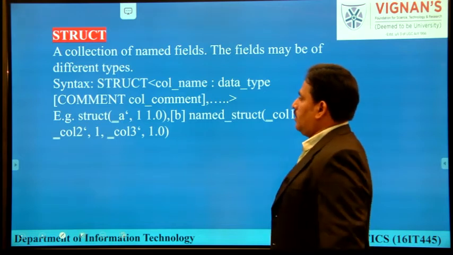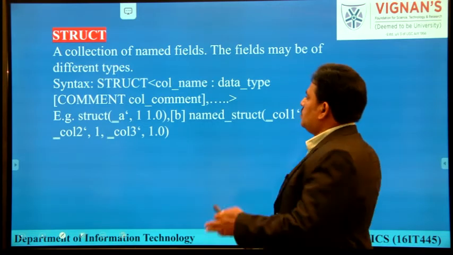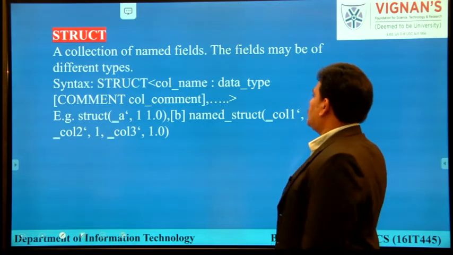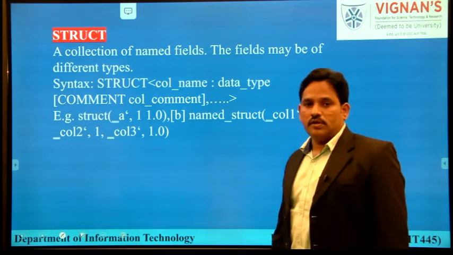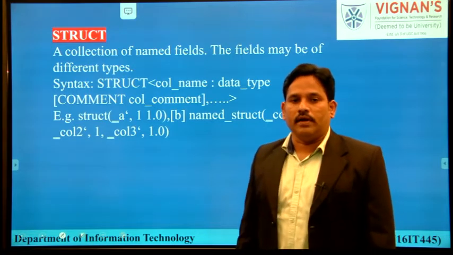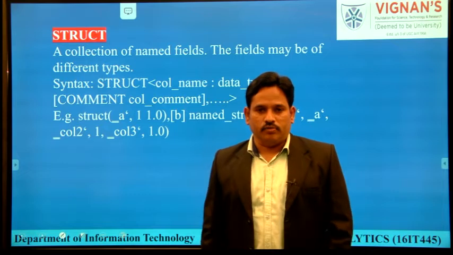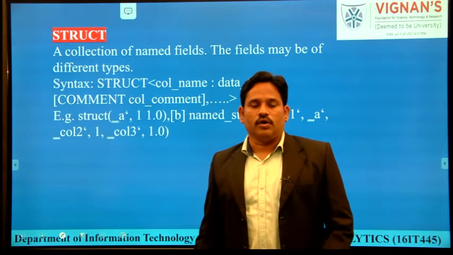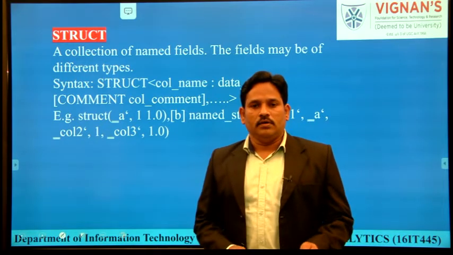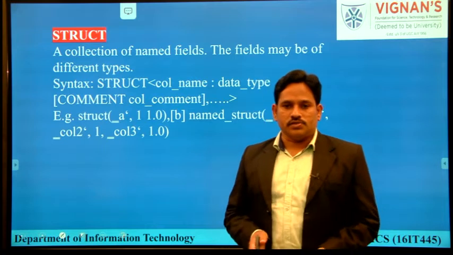Another one is struct, that means a collection of named fields. A field may be of different types. Whenever you want to store or combine more than one type of value together, we can use struct. Like we want to combine employee name, employee salary and employee age.